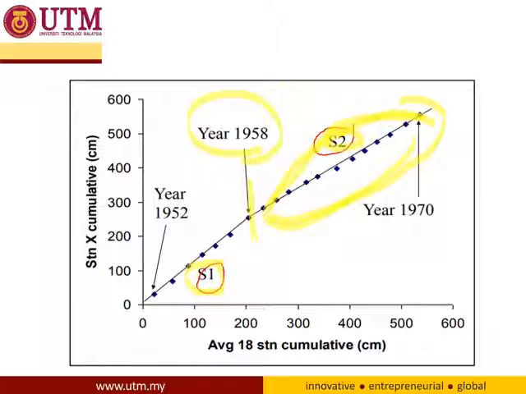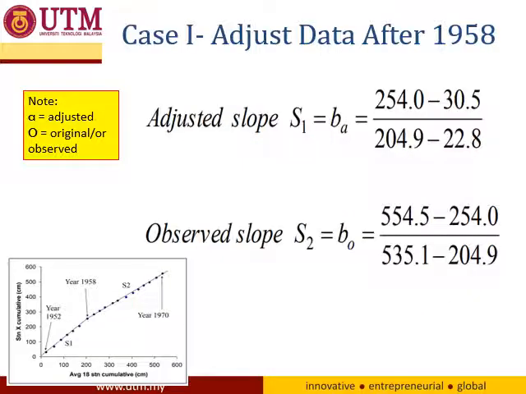I hope we understand what S1 and S2 are. S1 is the slope of line 1 and S2 is the slope of line 2. So there are two slopes here, S1 and S2. Now if we want to adjust the data because of some error in 1958,